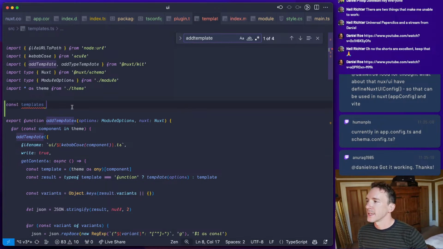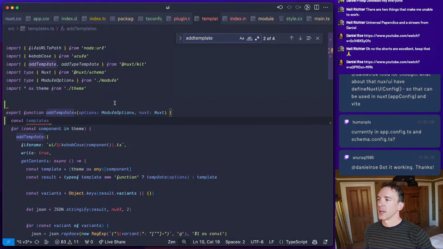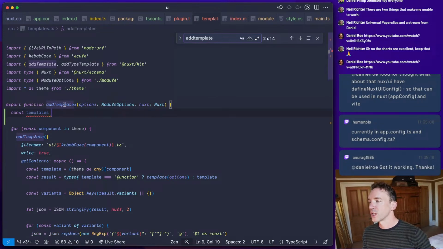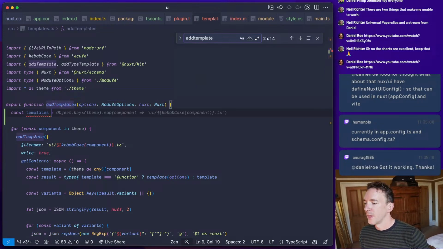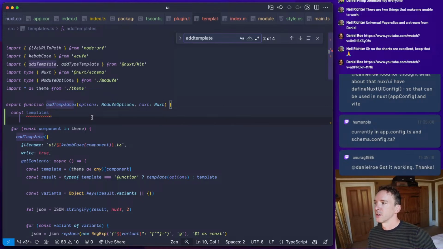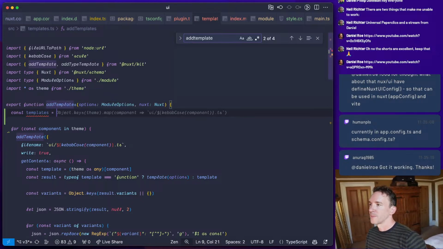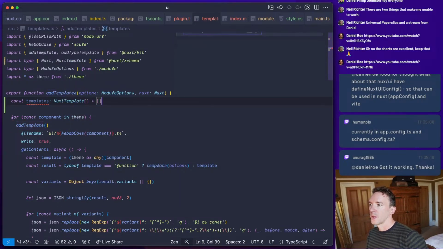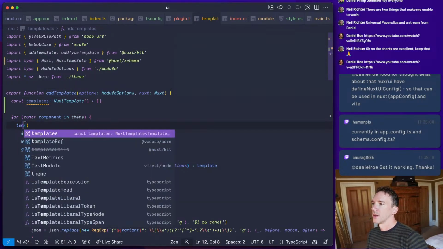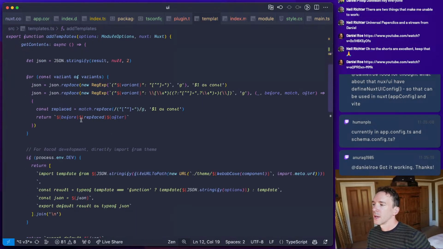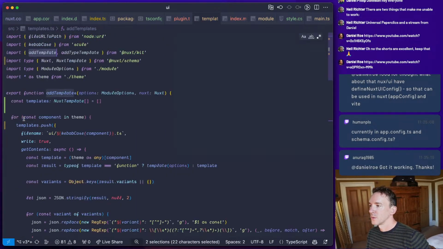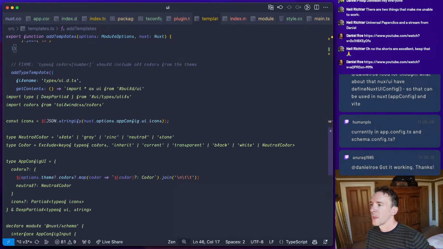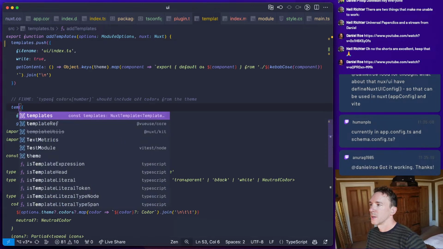Instead of calling add template directly, we're going to return the templates, and then in the module we'll just register them. So we'll say nuxt template, and we'll basically say templates push, and then wherever we say add template, we'll do templates push.